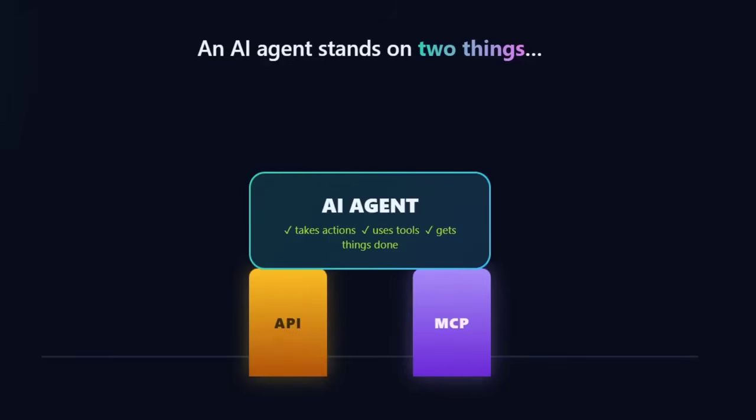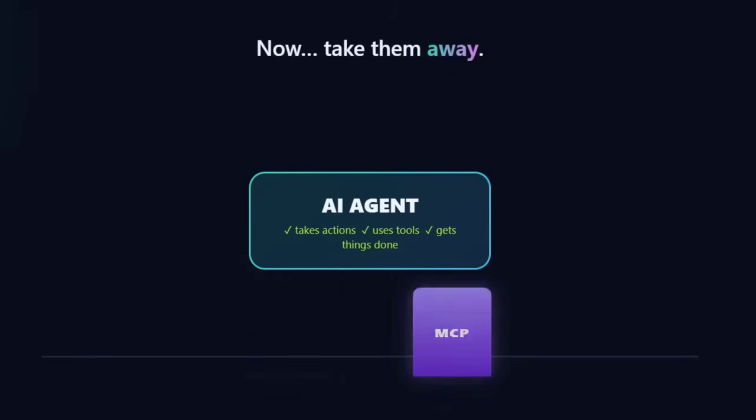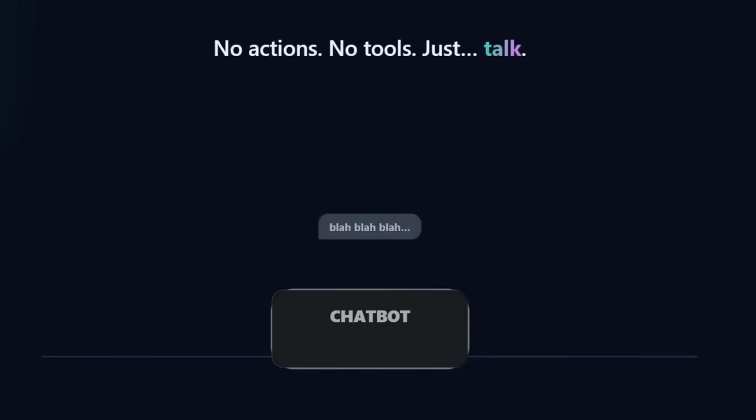So if you're learning AI agents or even building one in 2026, there are a few core topics you cannot skip. APIs and MCP are some of those, because without these two, agents cannot be called agents, right? They will not take any actions, they won't do anything, they just become chatbots. So today, the plan is I want to explain the clear difference between these two with practical examples and